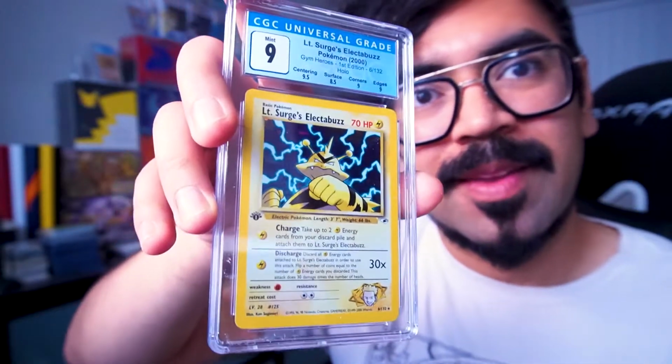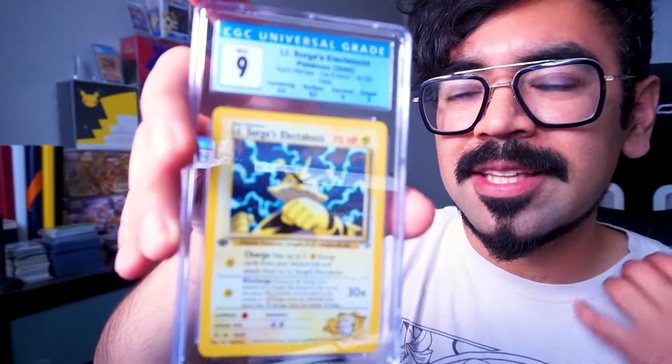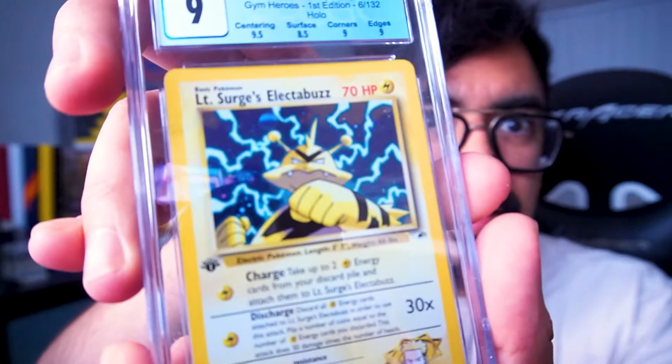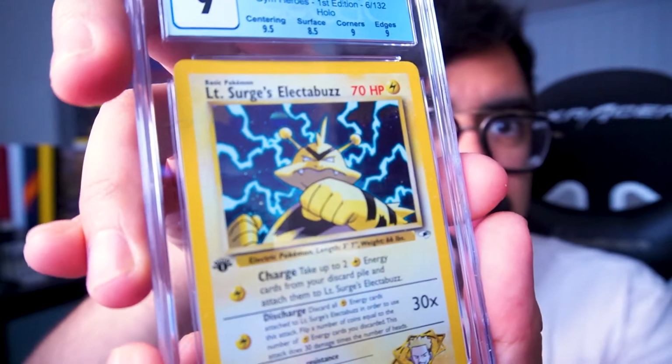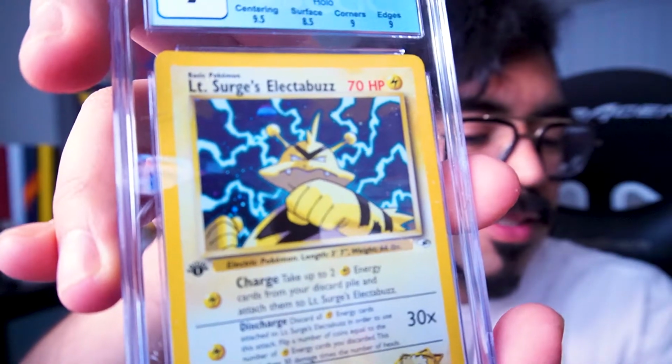That's okay. And also, it's such a beautiful card because it's a yellow card. Electabuzz is yellow. And then just the contrast with the blueness in it. Tell me that that is not an awesome card to have in your collection. Electabuzz looks...